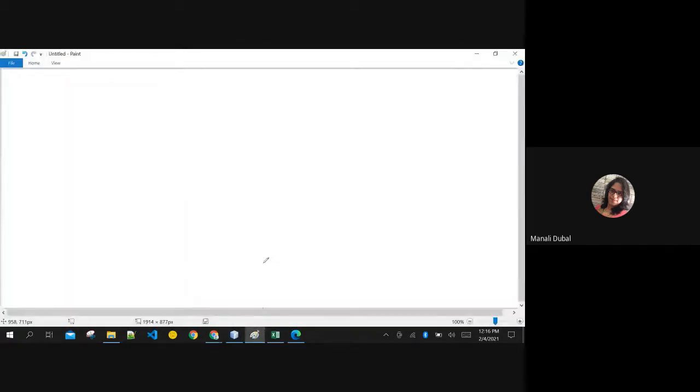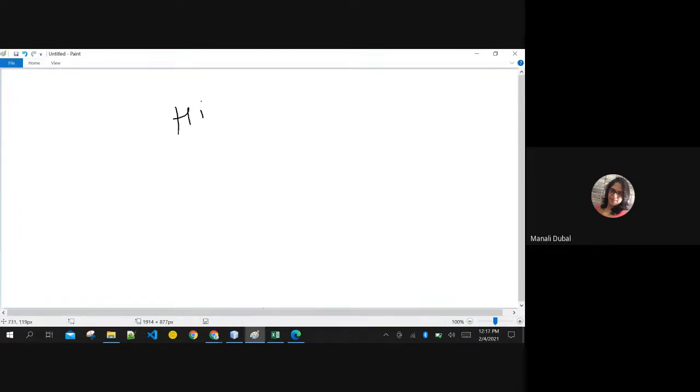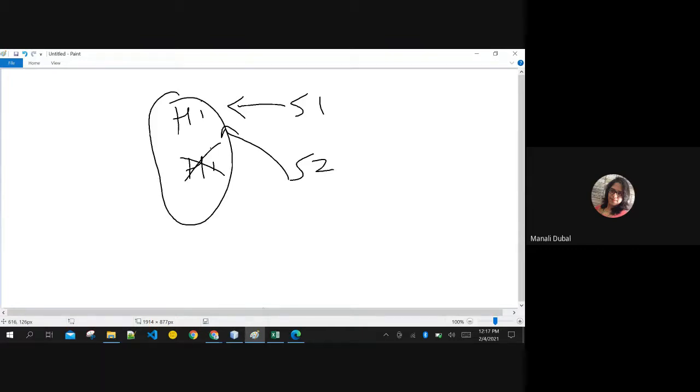I told you that if there are same entries, if there are same strings, then a new one will not be created. If you are creating S1 and S2 with the same value, then they both will point to the same memory allocation in your heap. Even I showed you with the double equals operator, right? That they both are pointing to the same memory allocation.